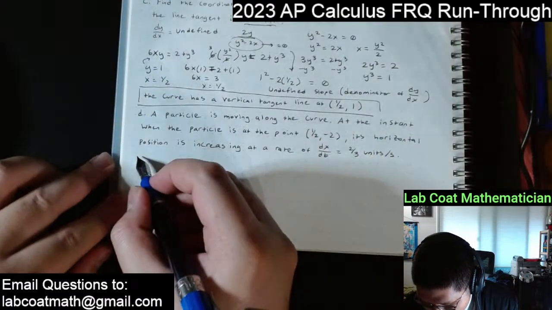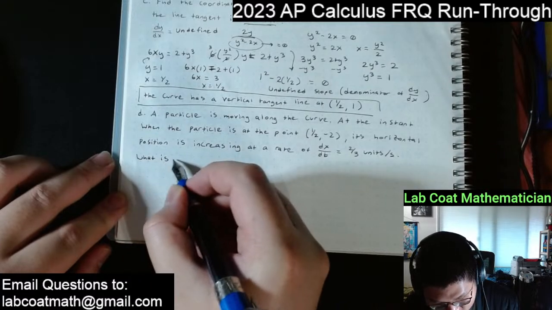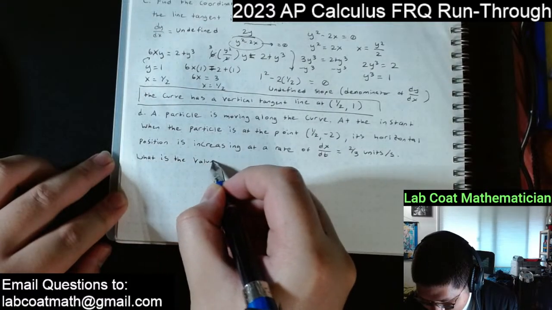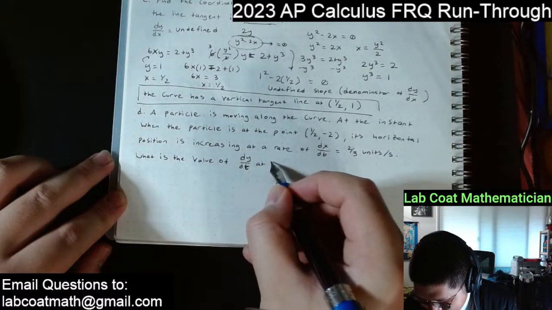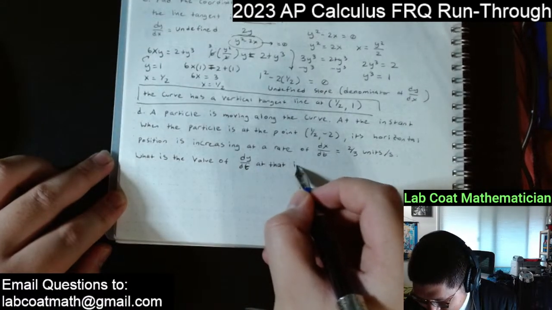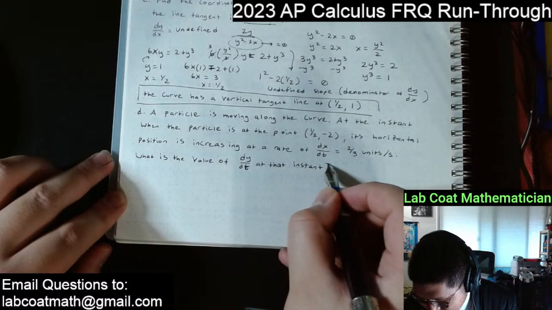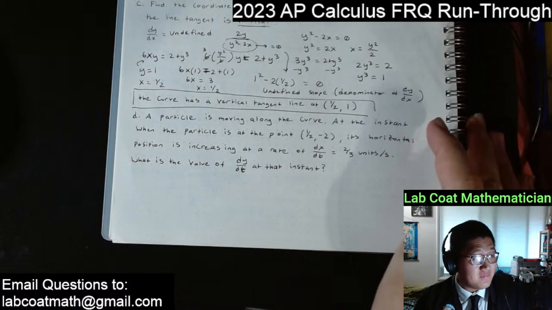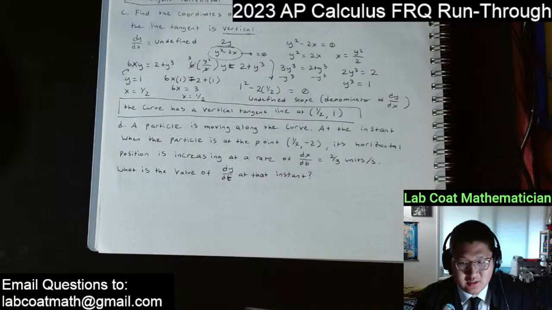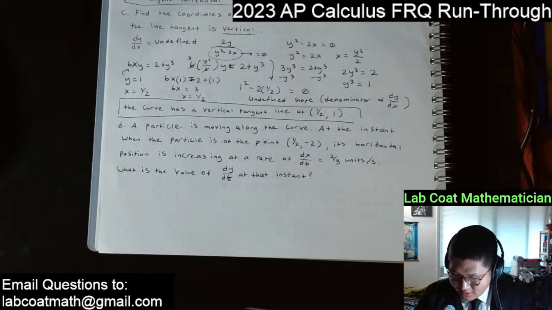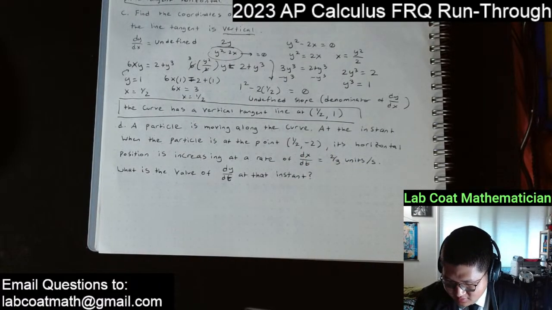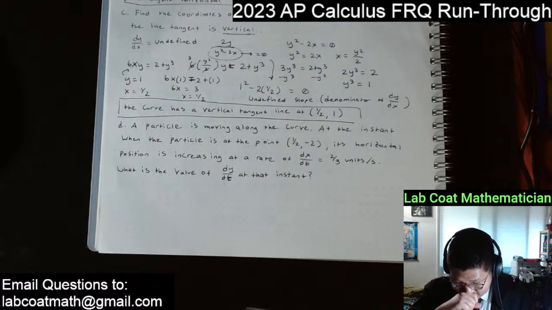Then the question itself is, what is the value of dy over dt at that instant? We've got a lot written out for us right here. So let's see what they are really looking for on that point. Okay, so at that point 1/2 comma -2, they want to go ahead and see, at least on their end,